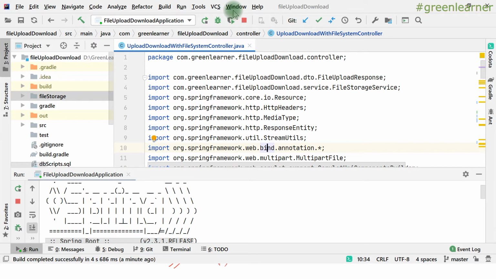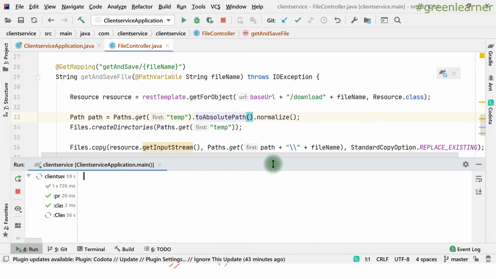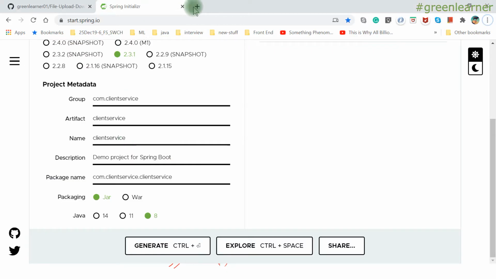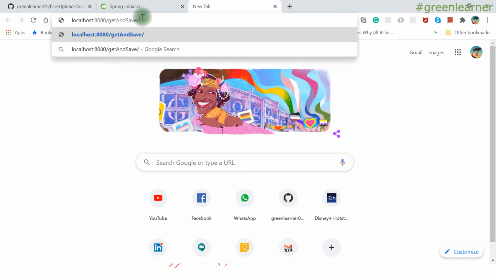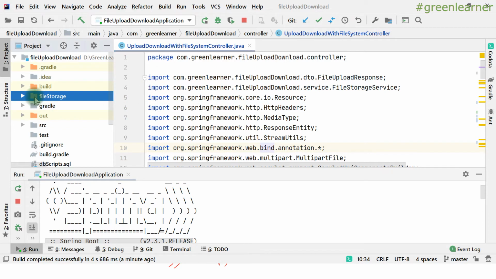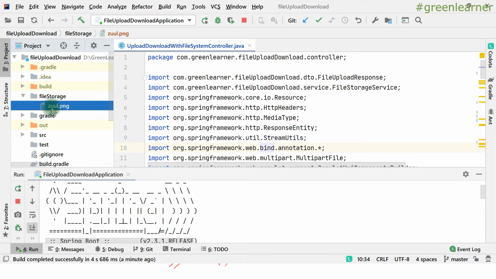So this service is running now. Coming to the first one that we have here. So this is also running here. So close this one and go to the browser, right? And I have to give the name of the files that I want to retrieve. So I have to know in advance what are the files that are available with the system. So if you remember the previous session, this microservice is storing all the files under this file storage folder. So here as of now only one file is available, so I'm going to retrieve this one.